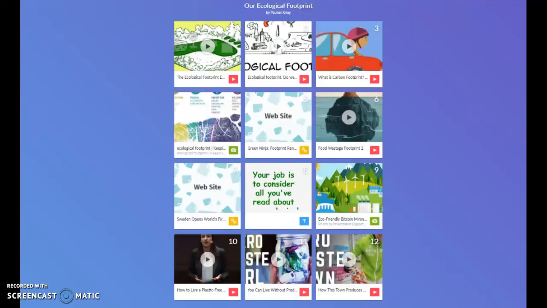We've had a good look at BlendSpace and created two pieces of work, two spaces, one on ecological footprint and one on bones. And we've found it very, very useful as an app. We think it would work very, very well with children in a blended classroom situation because